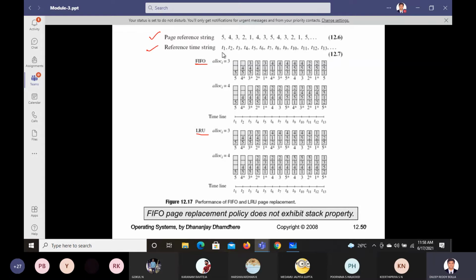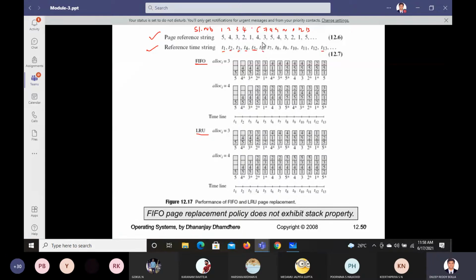So it's understood, like T1 to T13. If you count here, it is 1, 2, 3, 4, 5, 6, 7, 8, 9, 10, 11, 12, and 13. This is a serial number; that's what we got for time T1, T2, 3, 4, 5, 6 up to 13.